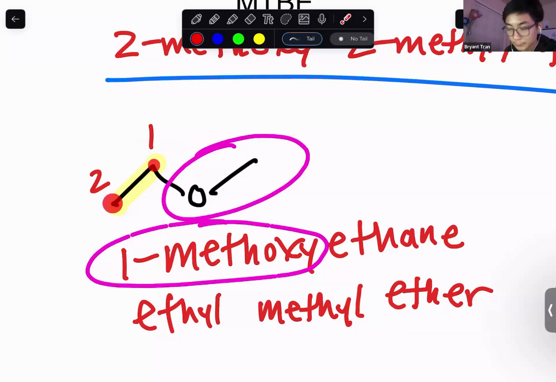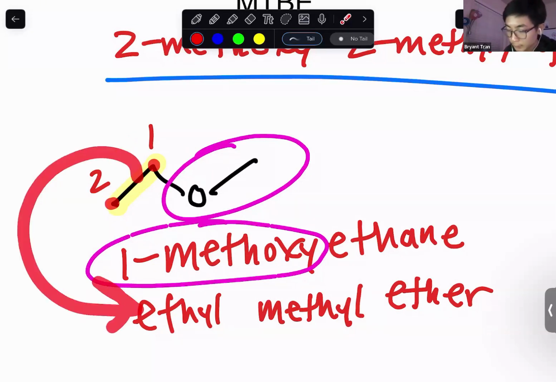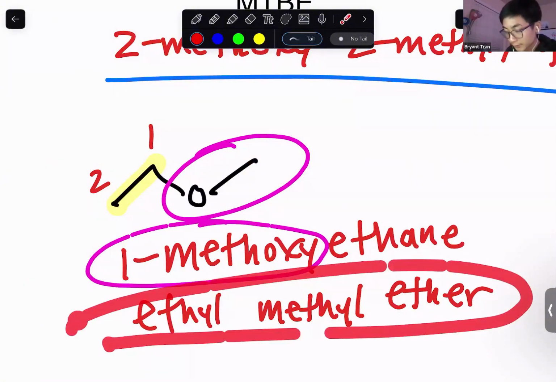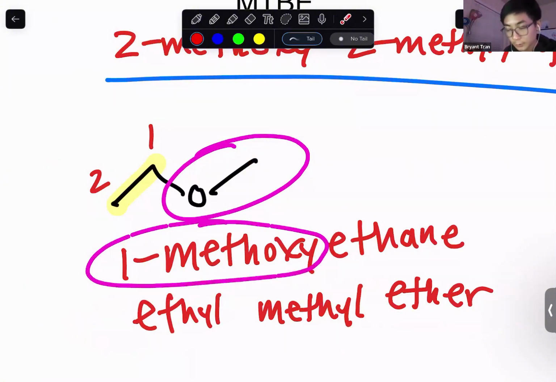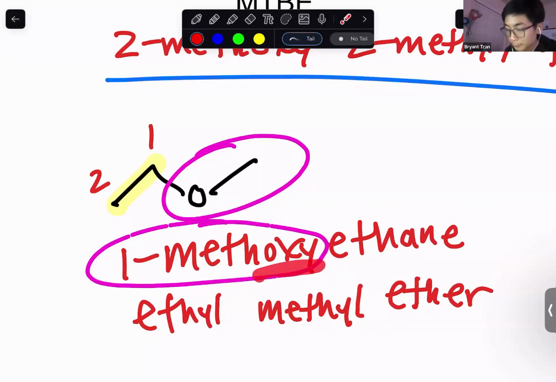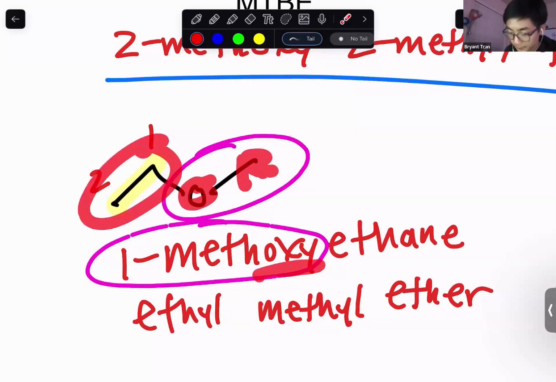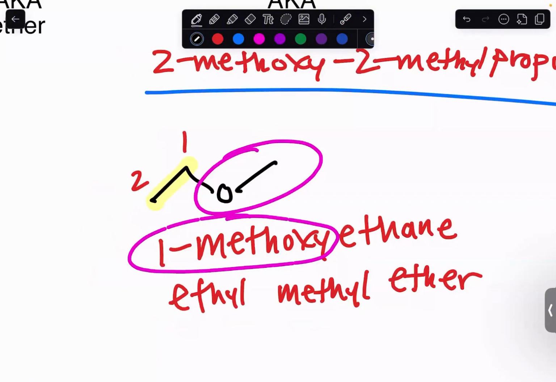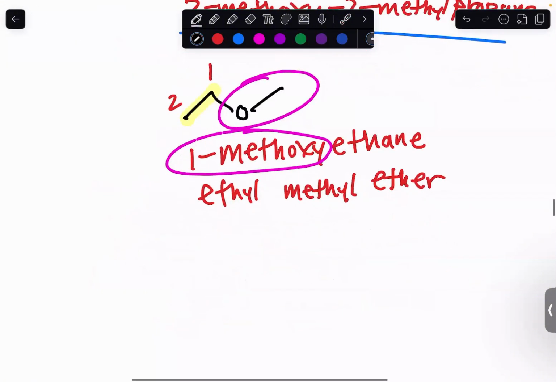So we have two carbons here, so we could say that that's ethyl. One carbon here, we could say that that's methyl. But that's more of the common name of ethers. If you want to do the full IUPAC name, then you want to use oxy, I would say, as a substituent, and then the main chain as whatever the main chain is, right? So oxy would be the OR group, where the R group is the shorter R group compared to the other R group, right? So if I give you another ether like this,